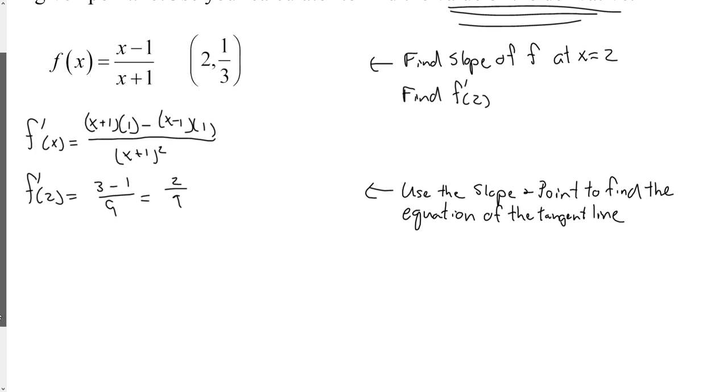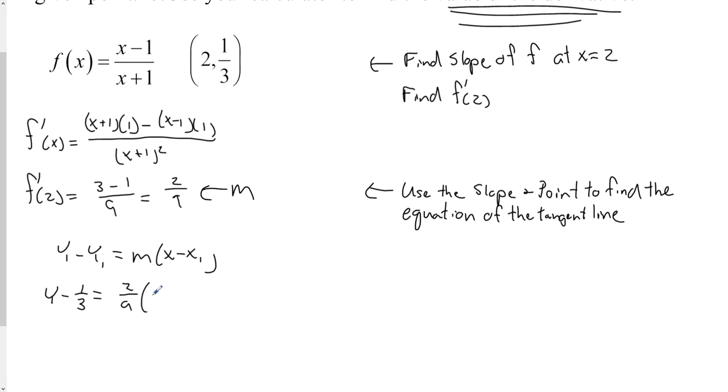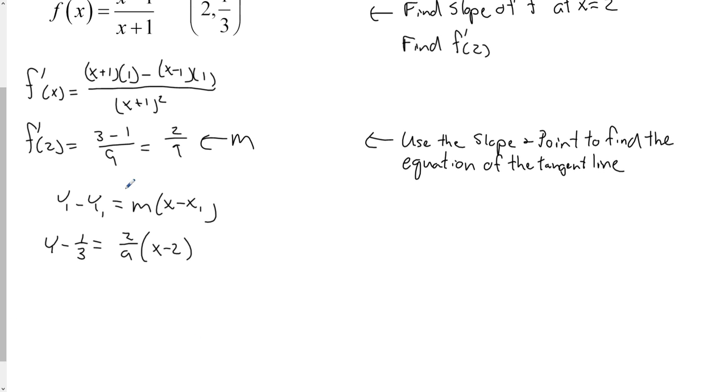And so y minus y1 equals m times x minus x1. And so let's see here. I get y minus 1/3 will be equal to my slope, because this is my slope m right there, 2/9 times x minus 2. Ugh. So let's see here. When I distribute there, I'm going to get